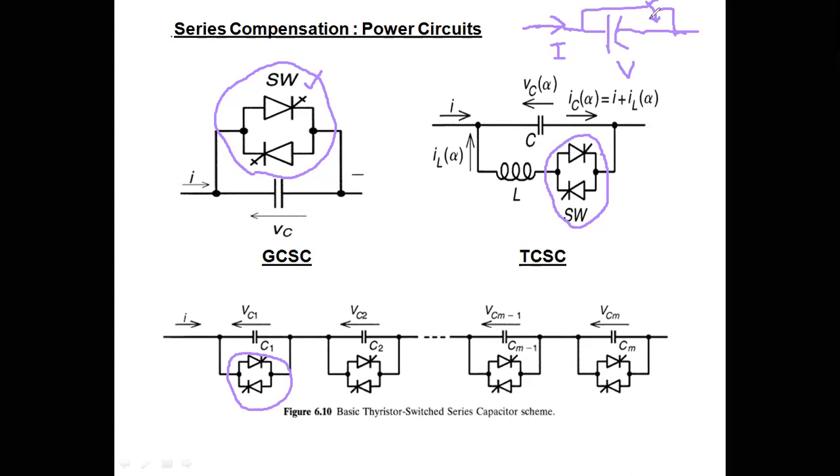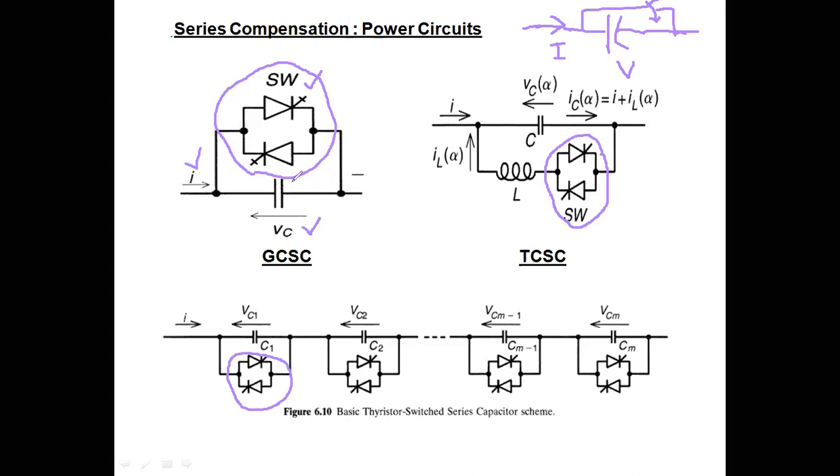Assume that this switch is off, which means the capacitor is in the circuit for a long time. Then to disconnect it, you have to switch on, that means bypass. Or if it is continuously on, then you can switch off to insert the capacitance in series. So this operation we will discuss again. First, remember how to draw the power circuit in this case.